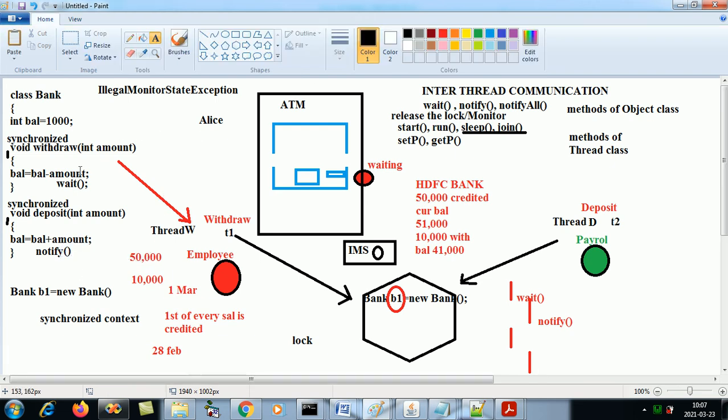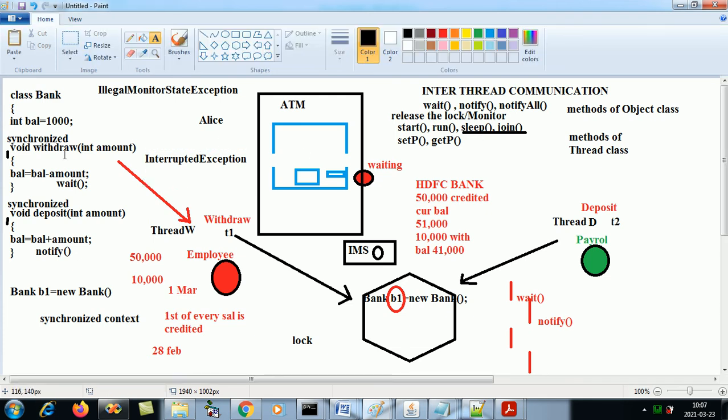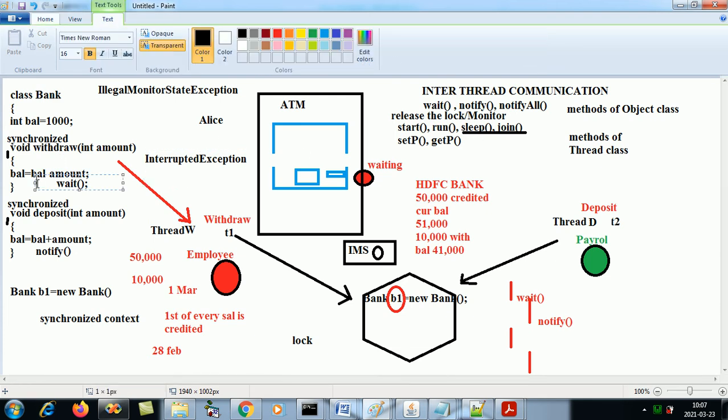The third point is, wait also throws a checked exception known as InterruptedException, the same as sleep and join, they throw InterruptedException. That's why it is mandatory that we write wait in try catch.